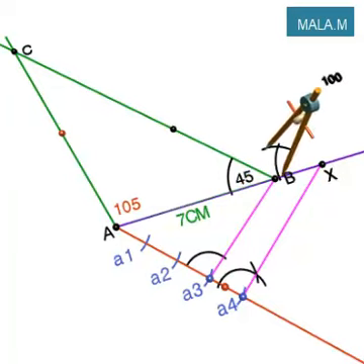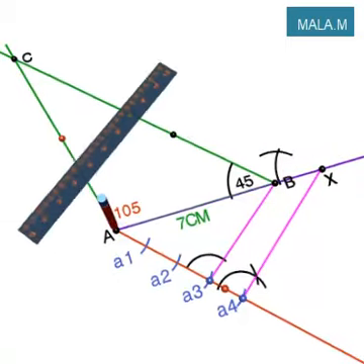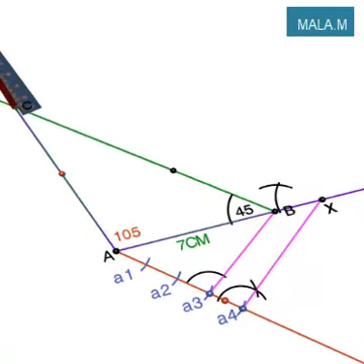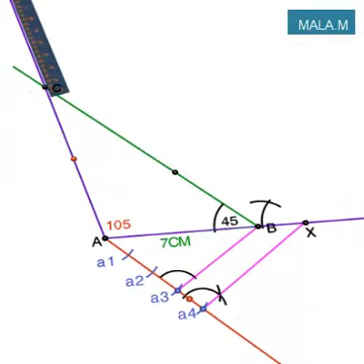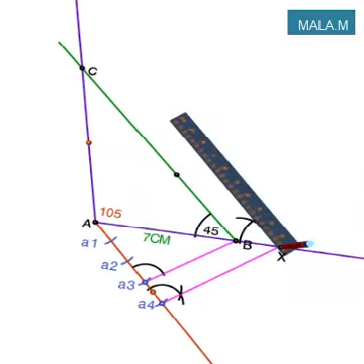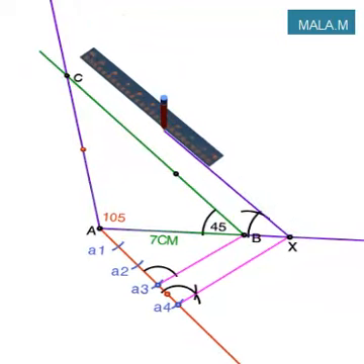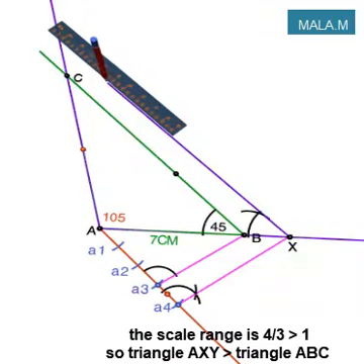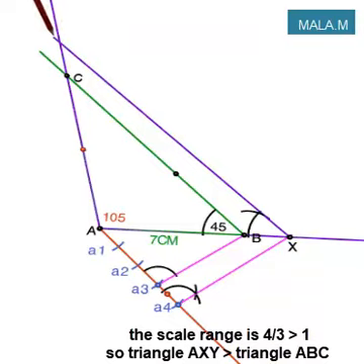Now extend the AB line for some measurement. Draw a line segment from point X through the intersection points of the two arcs and extend that line segment up to the AC line. Now mark the intersection point of these two lines and give a name to that one as Y. So children, observe here, AXY is the required triangle.